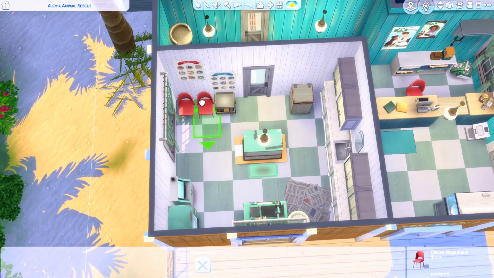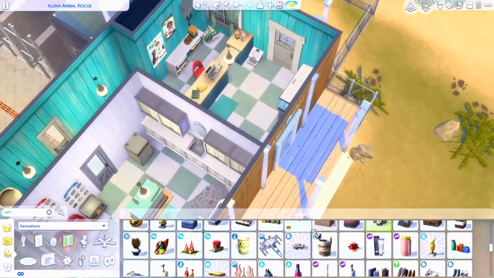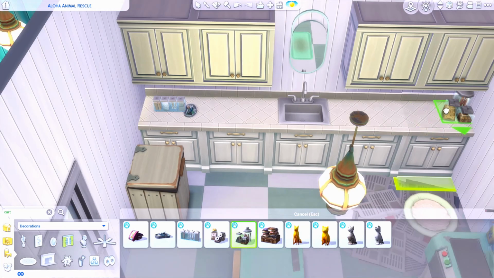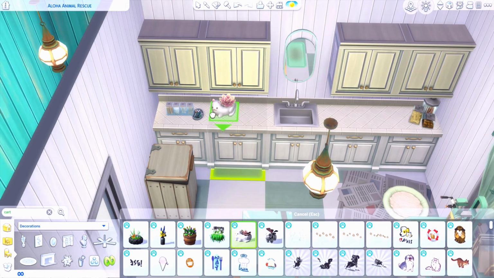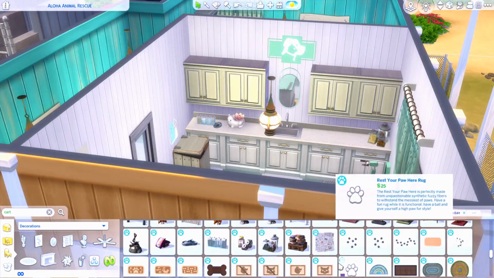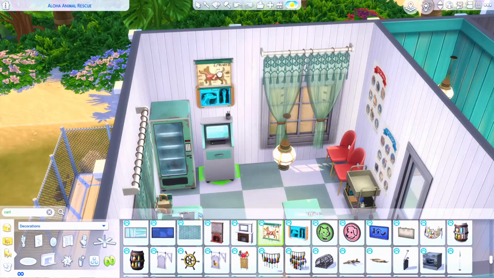Random thoughts afterwards, now I'm gonna have to go back in and update, I definitely should have stuck in a mini fridge in here so that you could get some kind of food on this lot without leaving. And then for the actual vet clinic itself, it's designed very standardly to what I have experienced in real life